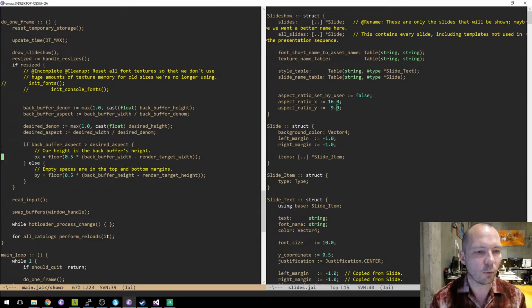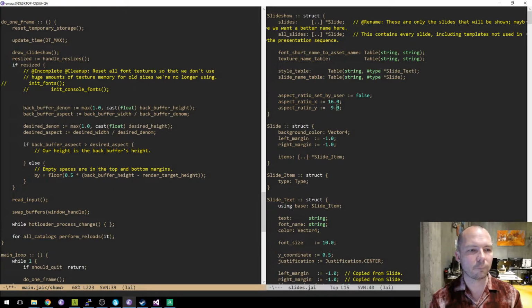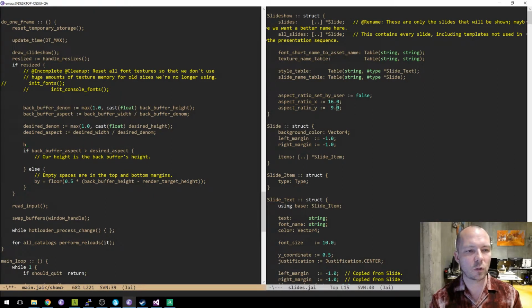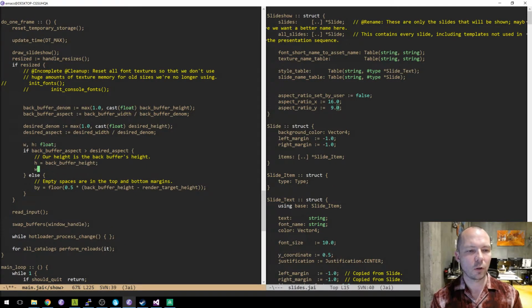So in that case, we say float W, H: height equals back buffer height, width equals back buffer width divided by desired aspect, right?